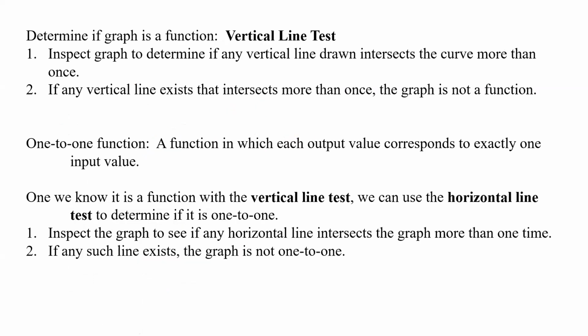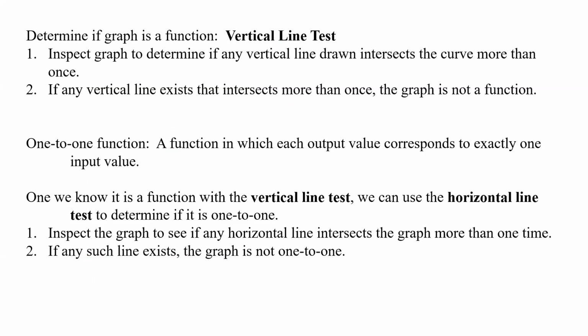Now, we can also look at a graph and determine if it's actually a function using something called the vertical line test. I'm sure you might have heard this before. It's pretty common. Basically, you're just going to inspect the graph to determine if there's any vertical line that can be drawn that intersects a curve more than once. If any line exists that intersects it more than once, then the graph is not a function and basically you're done. But if it doesn't and you just get one point it crosses every time you look through the whole graph,